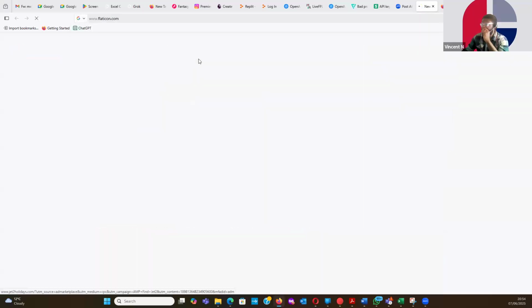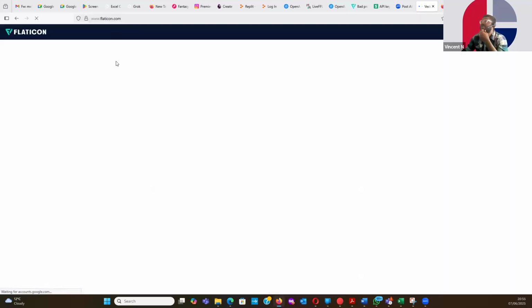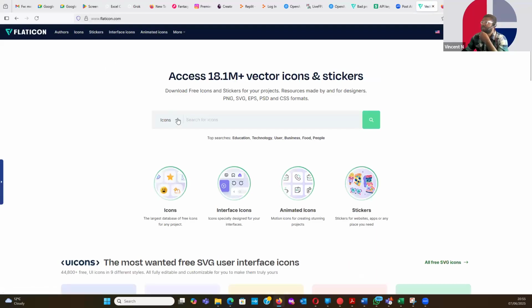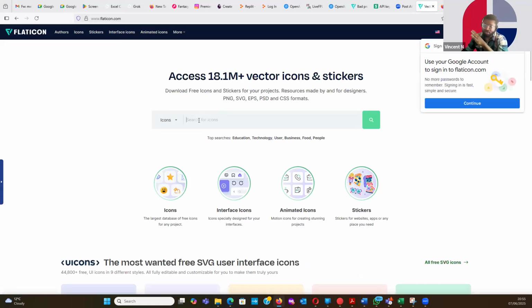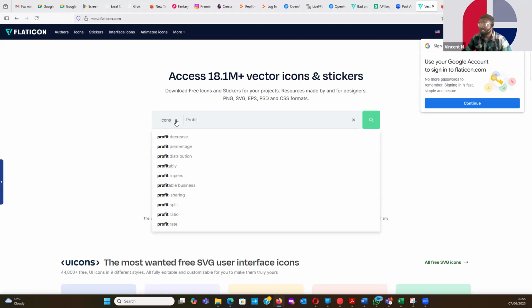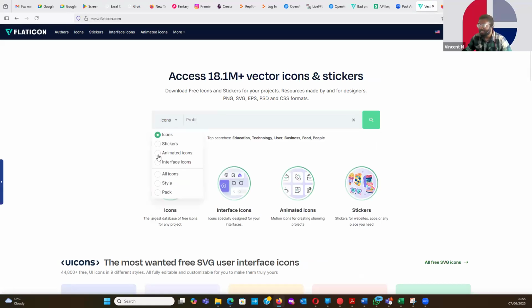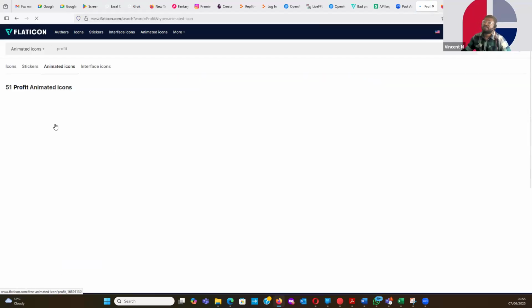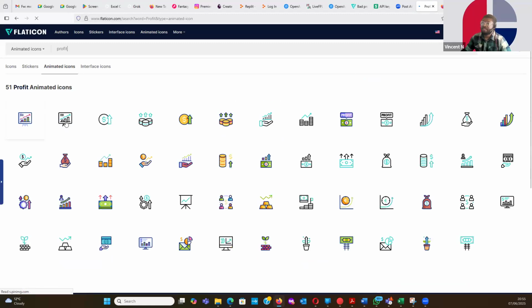If you go to flaticon.com, you can see a host of different icons. All you need to do is search. So I can search for something like profit, right? And maybe I don't want an icon, maybe I want an animated icon, which is what you see in that dashboard, right? So if I hover here,